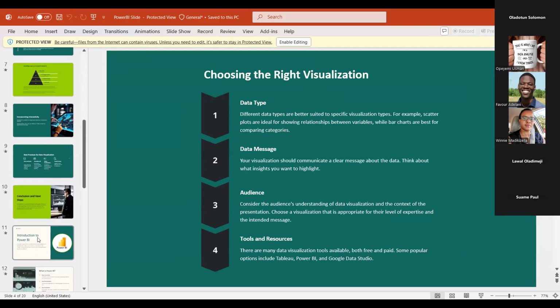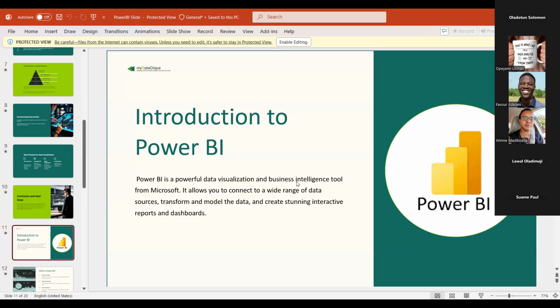Okay, now let me take us quickly to a Power BI introduction. What is Microsoft Power BI? Microsoft Power BI is a data visualization and business intelligence tool that belongs to Microsoft.